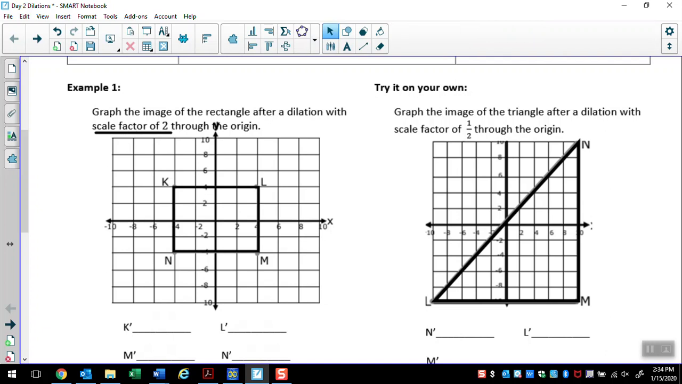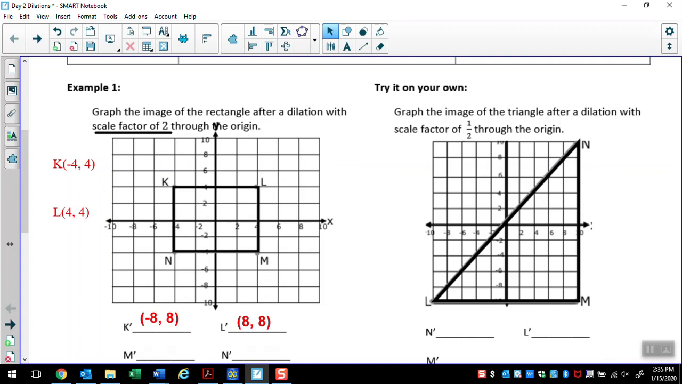So let's start with K. K is at that ordered pair -4, 4. If we take each of those values and multiply it by 2, we end up with -8, 8. I'm going to do the same thing for L. L is currently at 4, 4. If I were to multiply that by 2, I would end up with